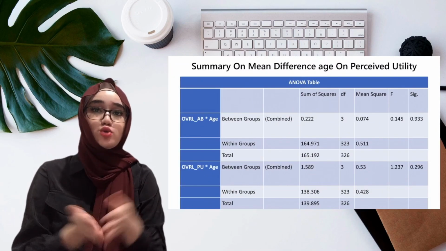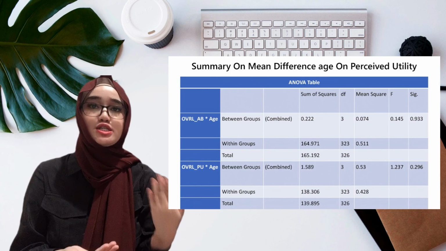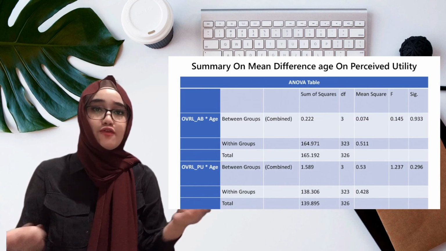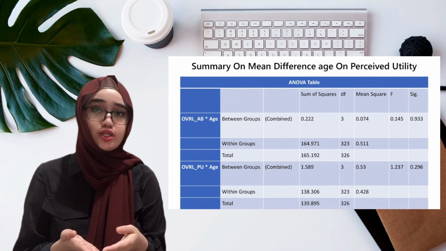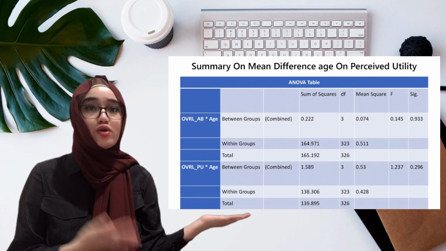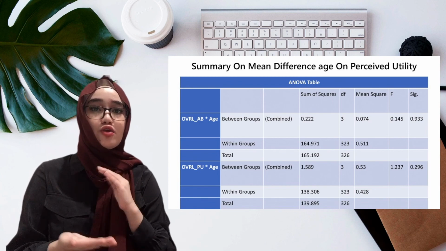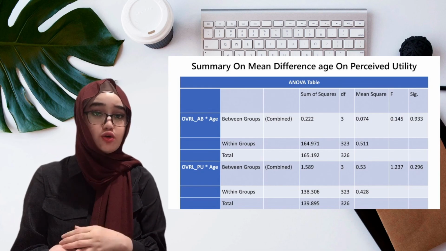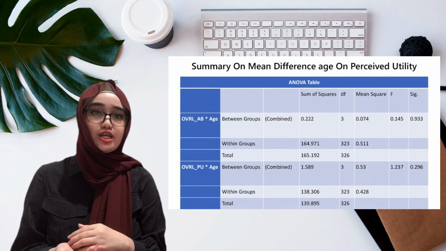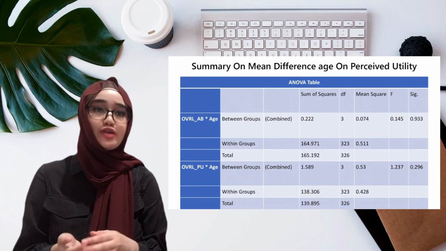Next is research question 2: is there any significant difference between groups of gender in spreading viral contents via social media based on perceived utility among real-time students? This is the summary on mean difference of age on perceived utility, and the overall actual behavior between groups: the sum of squares is 0.222, the DF is 3, the mean square is 0.074, and the F value is